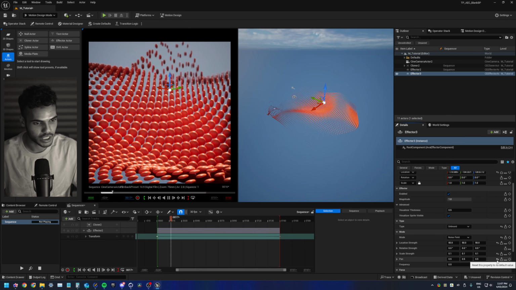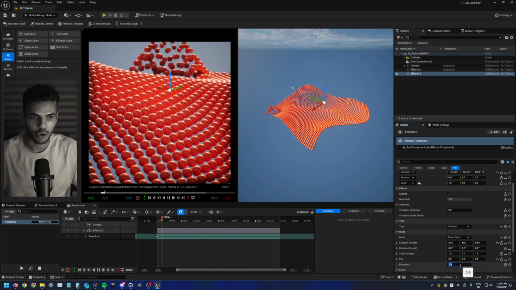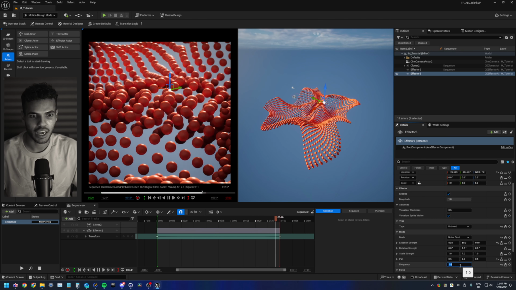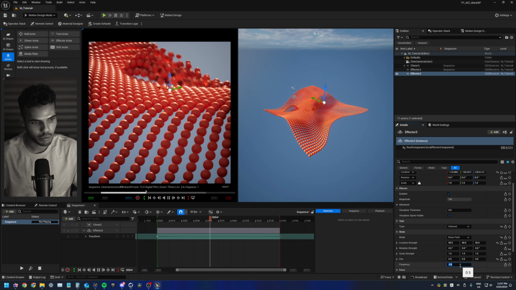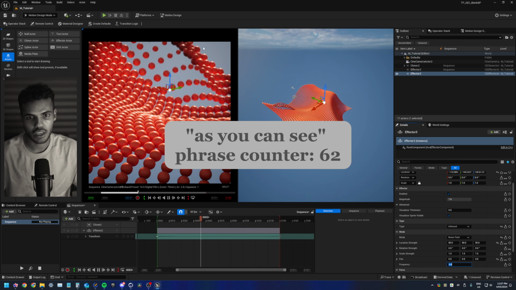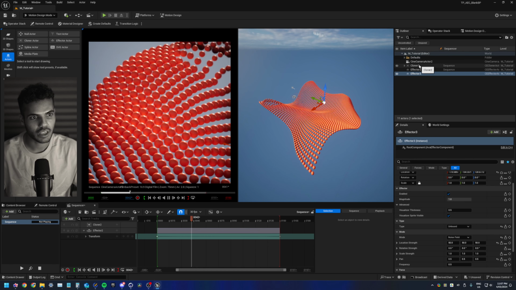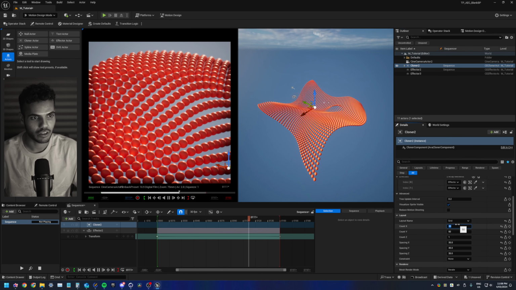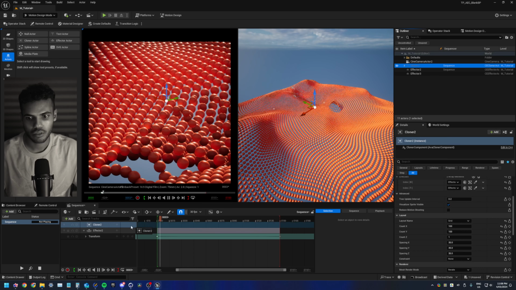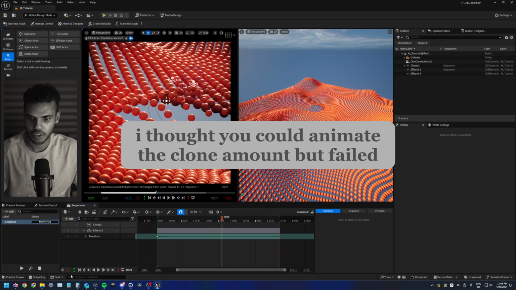So let me just reset the scale. And you can see here the frequency is going to be like the overall speed. So if I change it to 1, I can up the frequency and the contrast of it. It's probably affecting the wavelength as well. And as you can see, the edges are very visible in this camera angle. So say you didn't want that, you could just come down to the cloner and then up the amount of clones, or I think it's already in here. Yep. We could go to this guy and